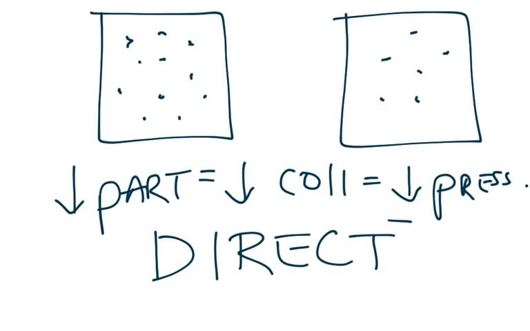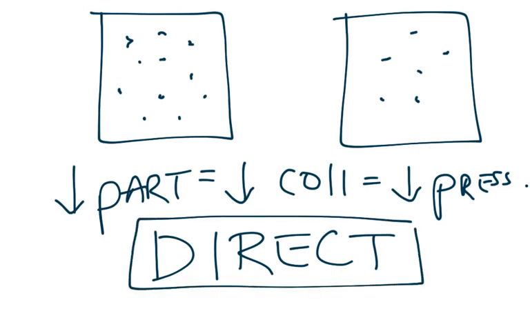A direct relationship is where one goes up, the other goes up. One goes down, the other goes down. So you see this with changing the number of particles. Okay? Now one thing I do want to mention about decreasing the number of particles, let me go back to